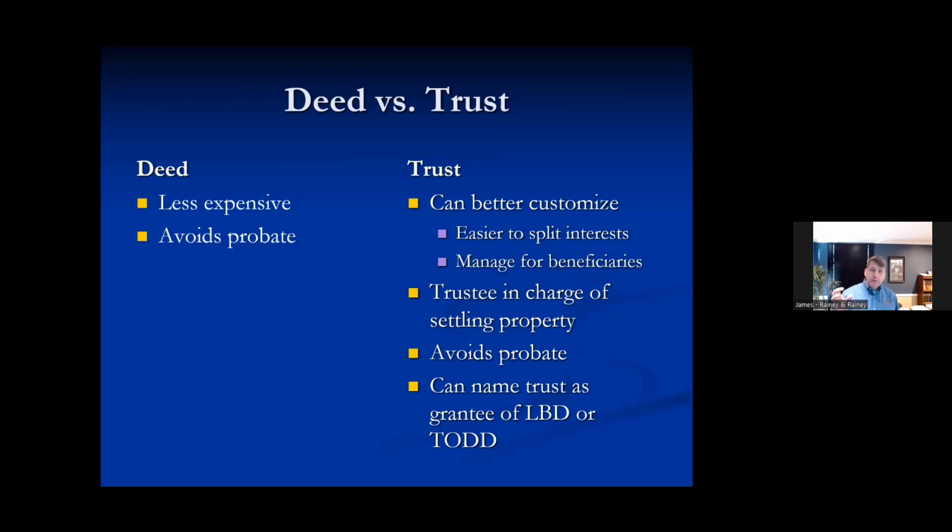However, it does not by itself avoid MERP. It will avoid MERP, but there are some provisions that say when I apply for Medicaid, the house won't be an exempt asset if it's in the name of the trust. So it'd be a two-step process. Now, it is more expensive than just simply doing a ladybird deed to the 3 children outright. But again, if we're wanting to customize it, and we're concerned about how things will be administered and handled after we're gone, then it might be a better way to do things.